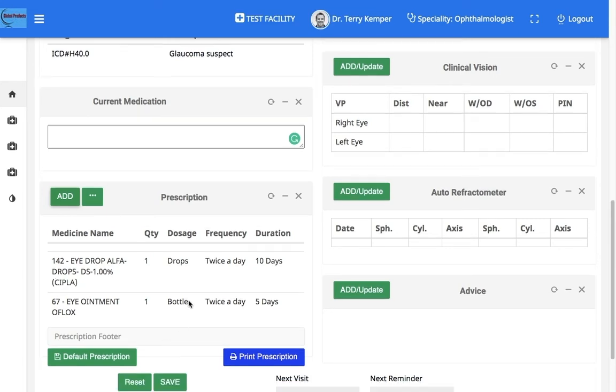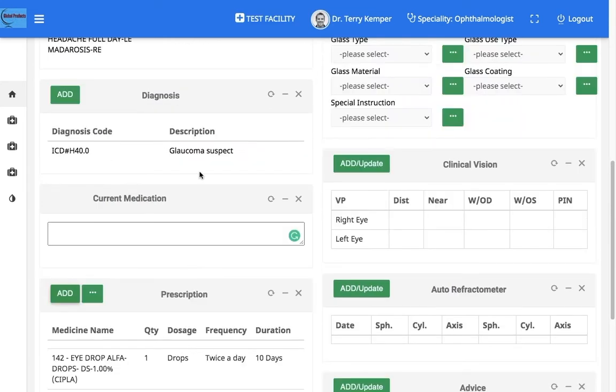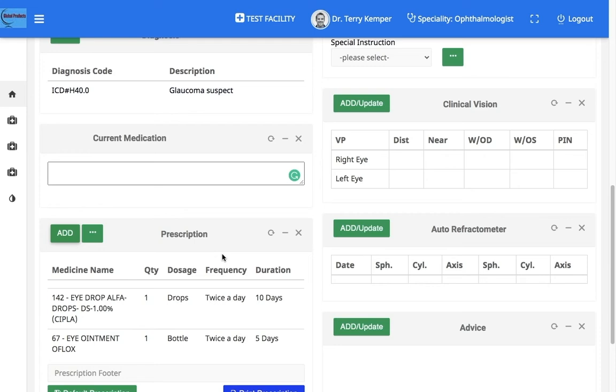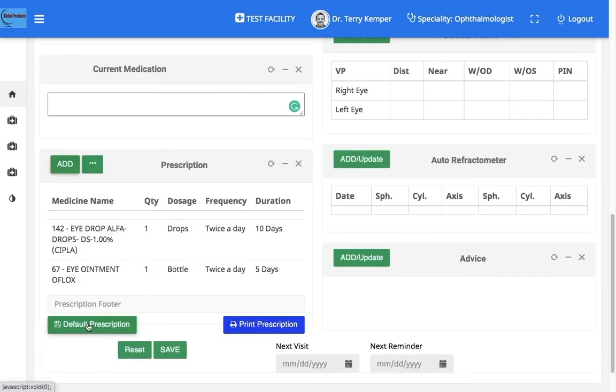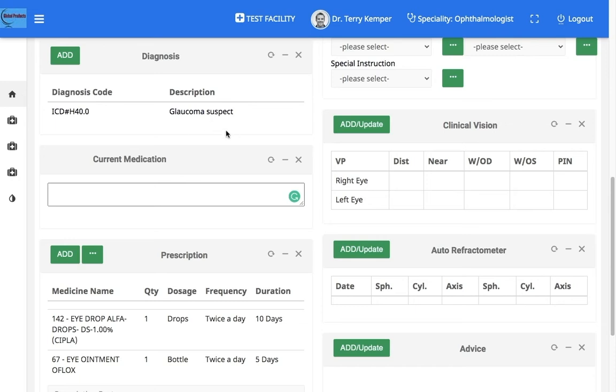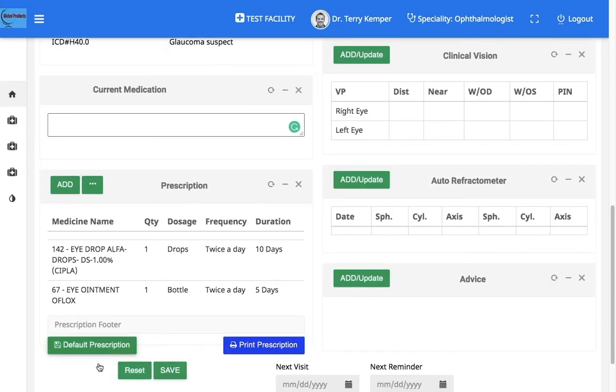Now once the drug is selected for a particular diagnosis, it can be set as a default prescription for that diagnosis by clicking on default prescription. So these drugs or medications which are saved over here for glaucoma suspect have been made default drugs by clicking on default prescription.